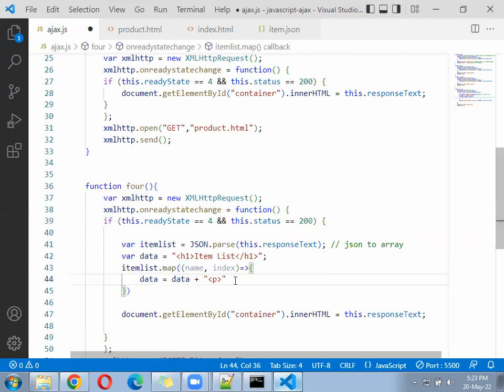Data plus, add the index plus, add again dot here, do the plus, you can keep name plus, close the tag, something like this. Then at last the data should be as a